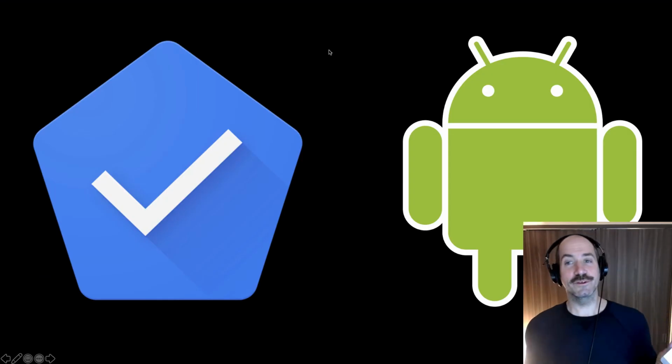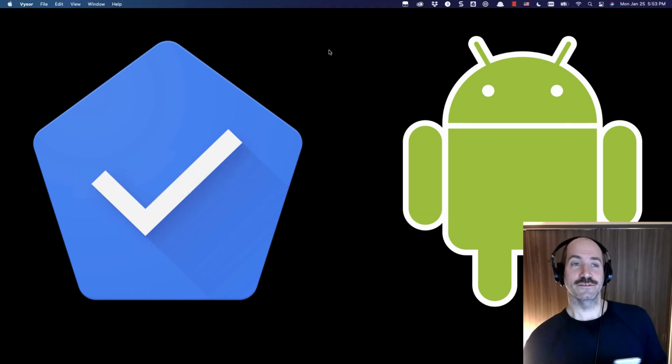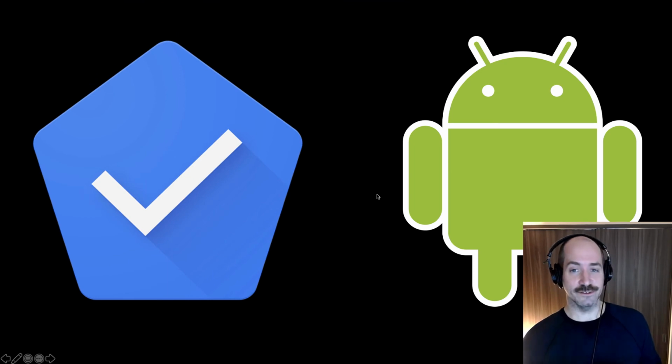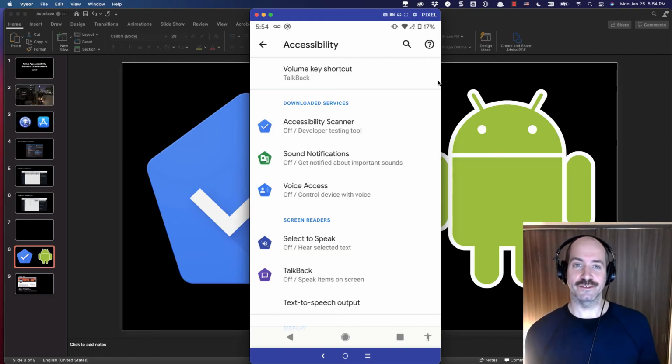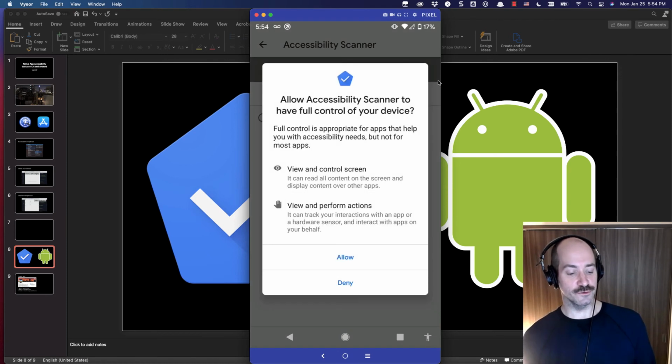All right, so now I'm going to switch to my Google Android device, and I'm going to show you the accessibility scanner that exists and can be installed from the Google Play Store. Here I'm going to use a tool called Visor so that you can see my screen. So this is Visor showing my Android screen. Under the accessibility settings, if I've downloaded the accessibility scanner, I can turn on and say Use Service. If I click the Allow button,